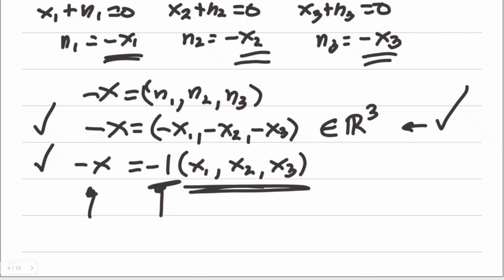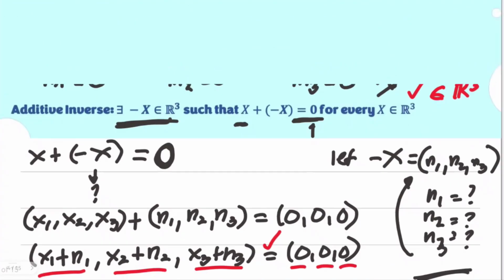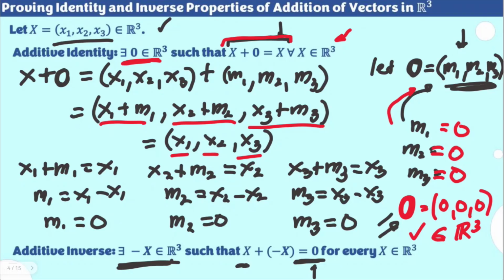This would mean that in finding inverses under vector addition for any vector in R3, take the negative of that, and automatically you will get the inverse of that given vector. And that is true for every element in R3. We're using x here, that's why it's this form. But if we have y with components y sub 1, y sub 2, and y sub 3, its inverse is also written differently. It's the negative of y sub 1, y sub 2, and y sub 3. See, it's written differently for different vectors. Unlike our zero vector or the additive identity, it stands as it is. It's always 0, 0, 0, the zero vector.